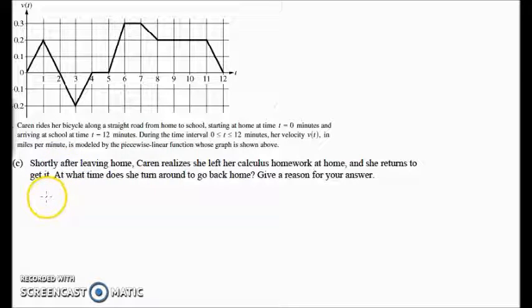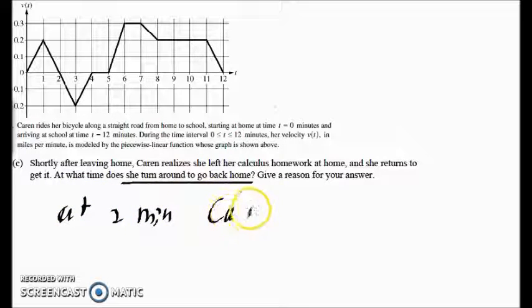Alright, so this is part C. I'd say this is the easiest part of all the questions. It's asking for the time Karen returns home to get homework and the reason. So looking at this graph, we can see that at 2 minutes Karen's velocity goes from positive to negative, so that means she turns around, and so the answer would be at 2 minutes, Karen turns around, returns home,